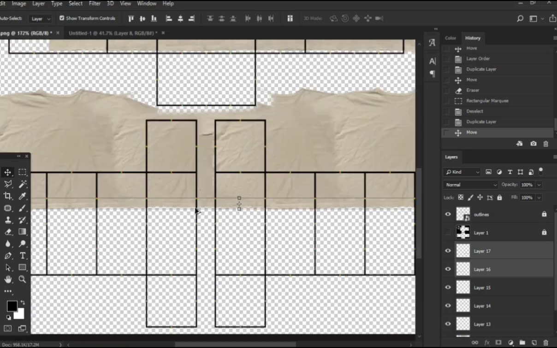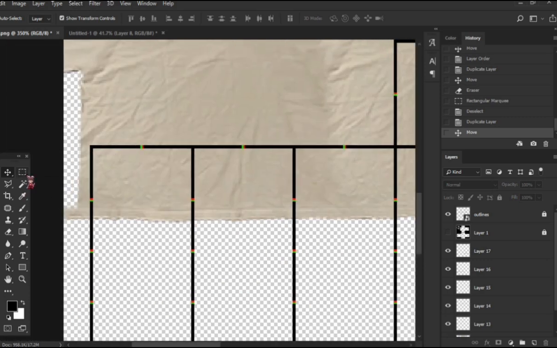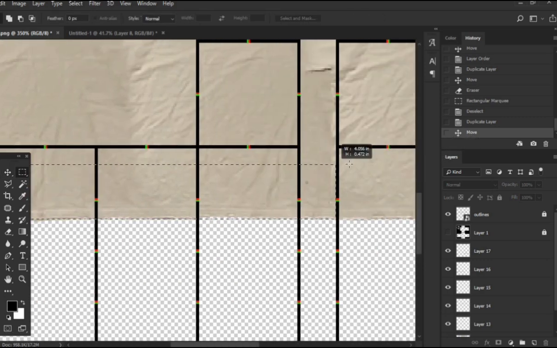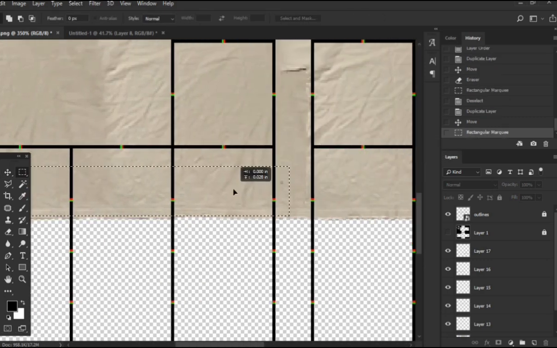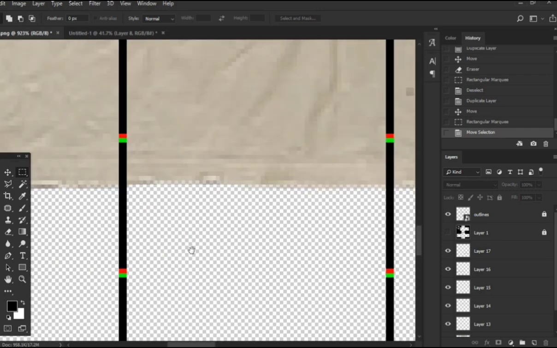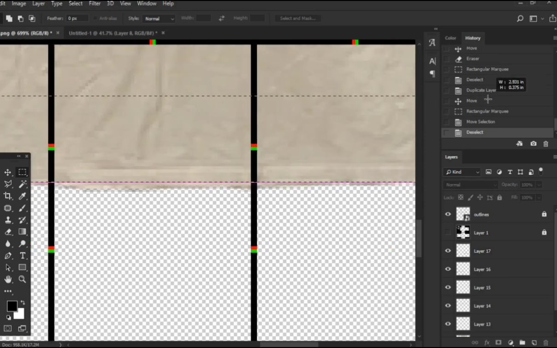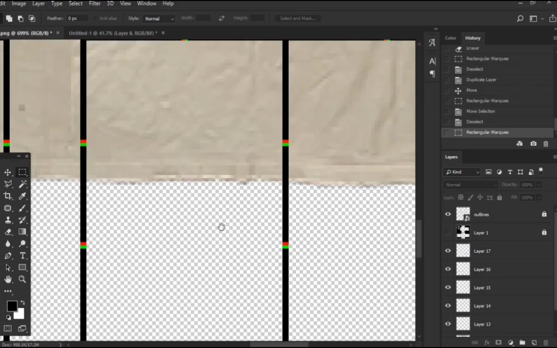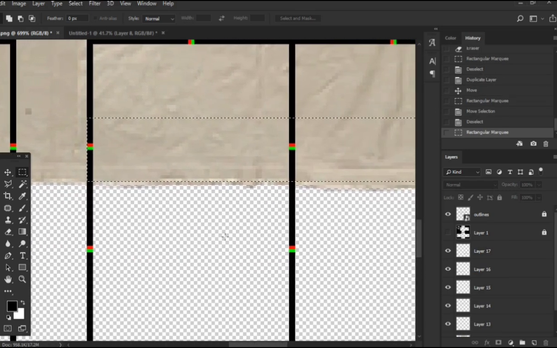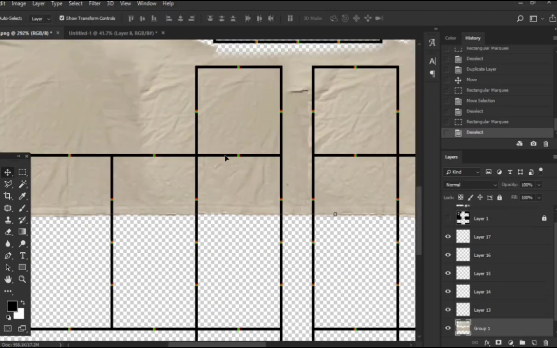It's long enough to cover both sleeves, so I don't see a reason to move it or anything along the lines of that. Again, let's check if it's lined up properly. Yep. Yep. Okay. So now, just to make sure